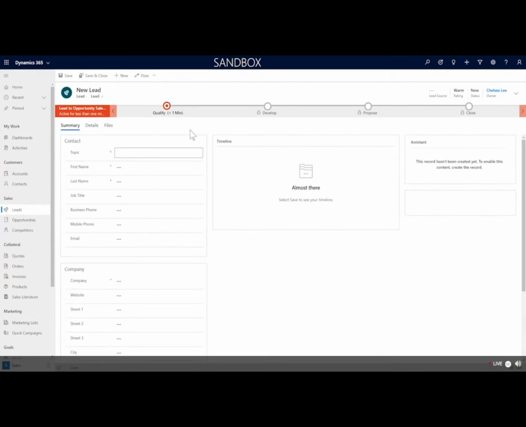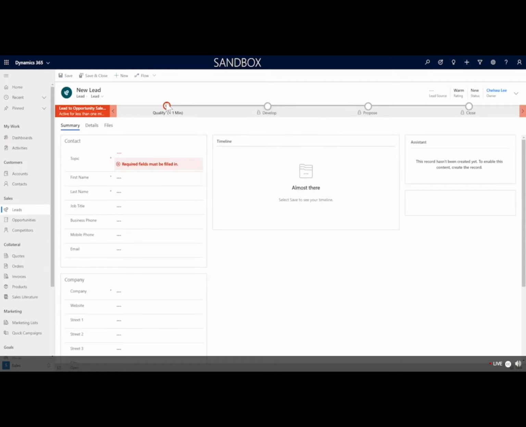And this is where I can create a topic. And you'll notice up here at the top, this should look really familiar. So I have my lead, my qualify, develop, propose, close. But because I have that business flow process already created, also known as your sales playbook, I can't move on to the develop stage until my qualify is met. So you can see that I have some minimum things that have to be done. So whether are they an existing contact, an existing account, purchase time frame, and these are all things that in this scenario, the sales manager would actually be able to set up to help guide their sales team